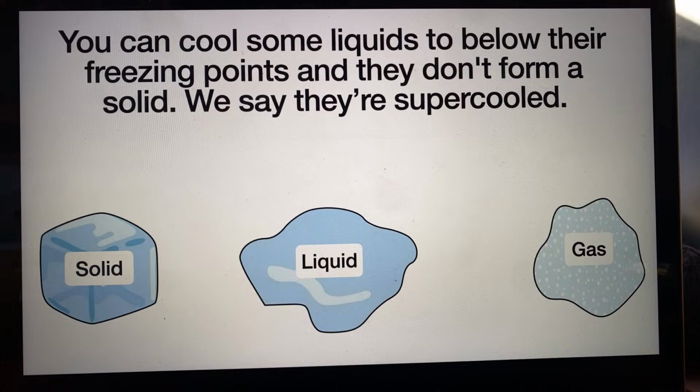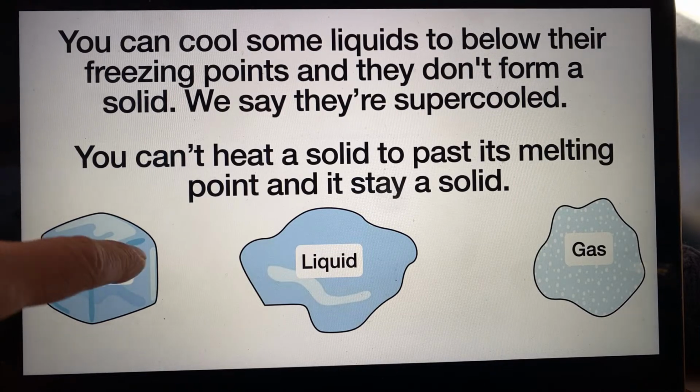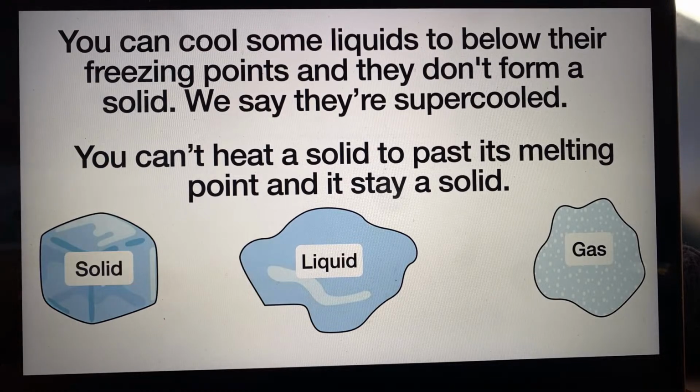Yeah, you can cool some liquids to below their freezing points and they don't become a solid. We say that they're supercooled. So that's another reason for not talking about freezing points, because it's not as clear cut. But you cannot heat a solid past its melting point and have it stay a solid. Okay, just in case you were going to get funny with me about, well, why isn't there a condensing point